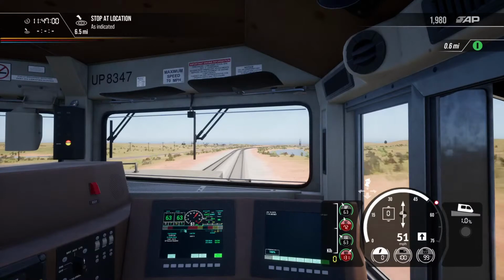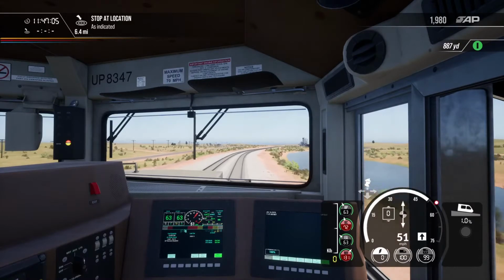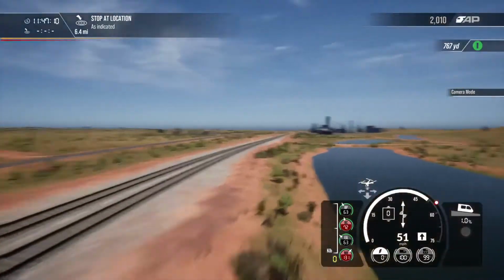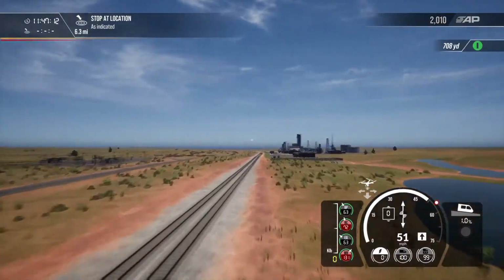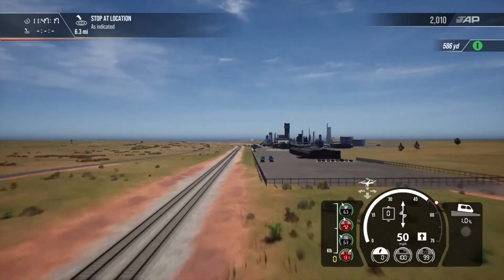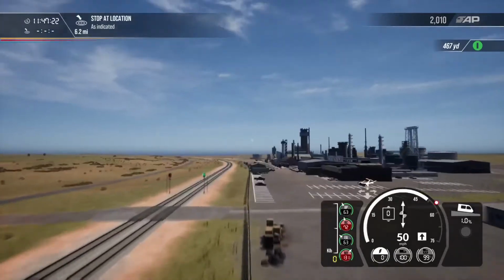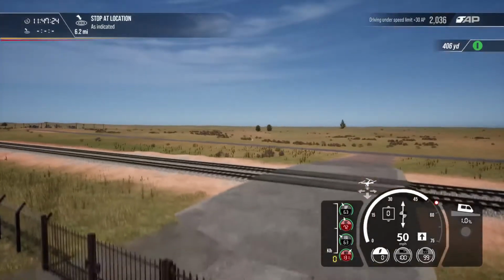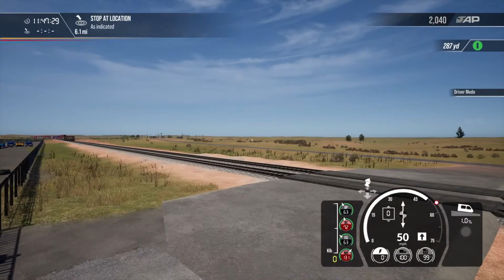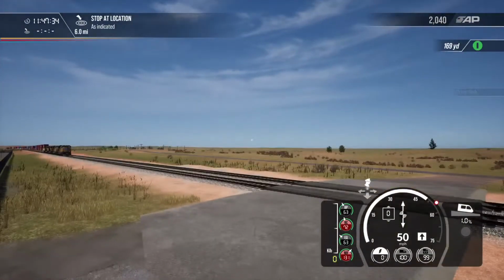The gradient has decreased to exactly 1%. Now, one thing that has been cleared up, as we're now not too far from it, let me just see if I can charge ahead, is, look at that lovely lagoon there, or whatever it is. This factory here had a big chimney or something that wasn't actually meant to be in the factory. This facility behind me, I think, I may be wrong, maybe a different one, but...